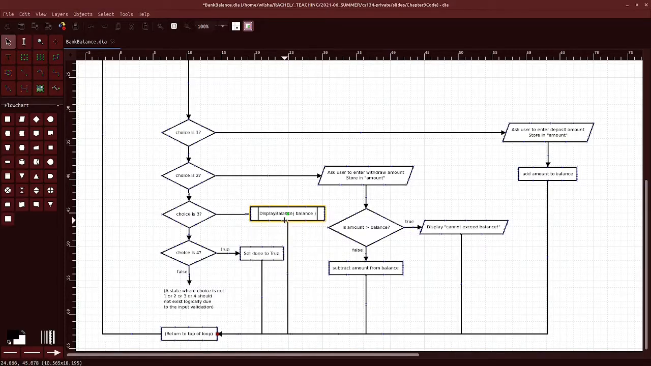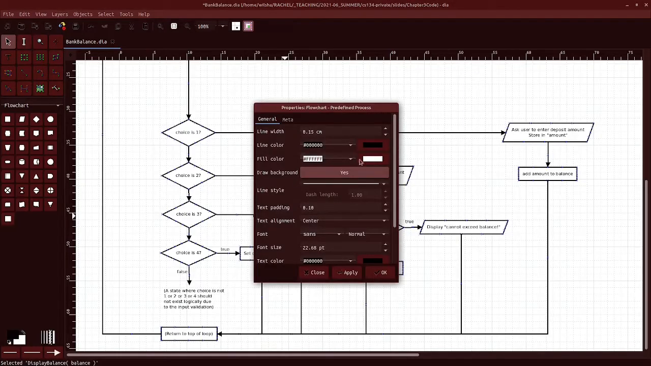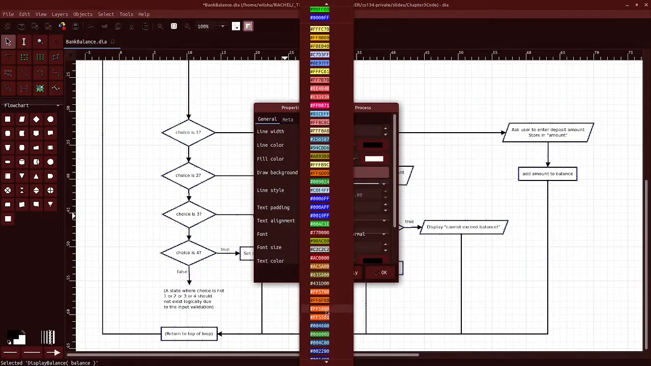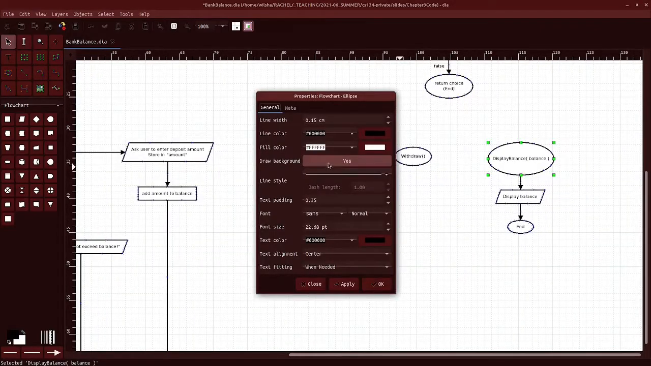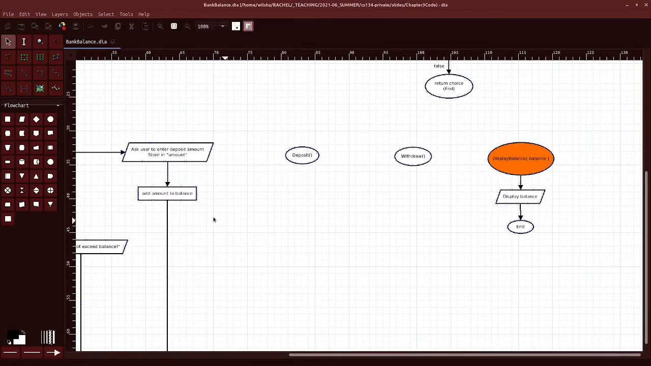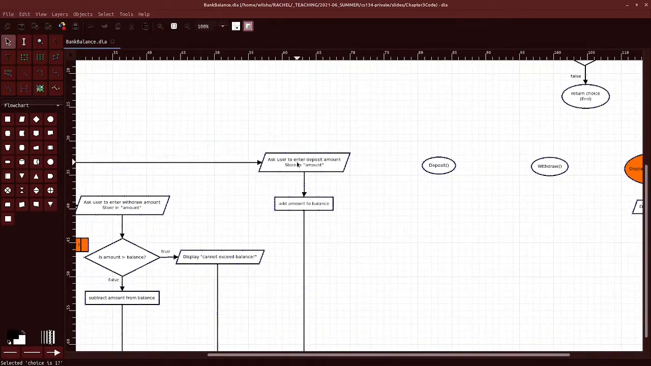Let me try to fix these arrows. That's not looking quite like I wanted it, but this will be okay. So display balance, let's change this one to orange-ish. I know that's a little bit hard to read, but there's that one. Okay, so for deposit, we need the user to enter a deposit amount and store it